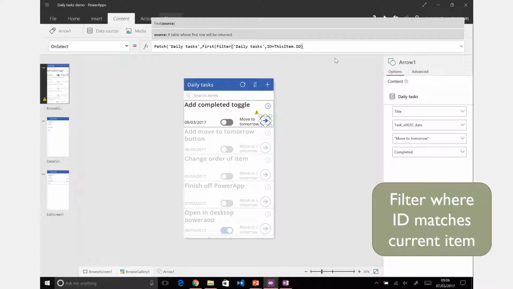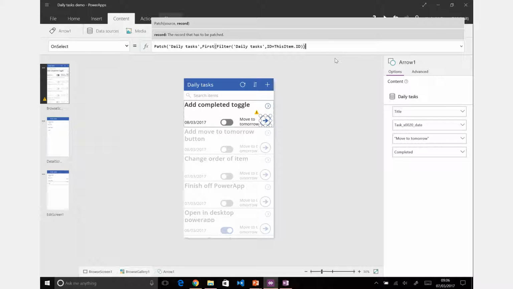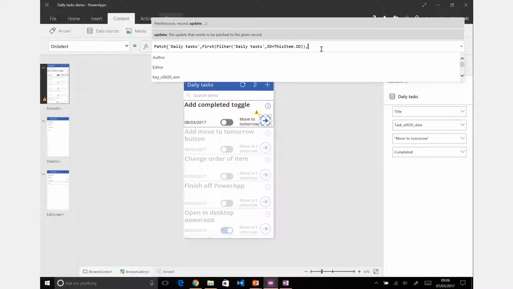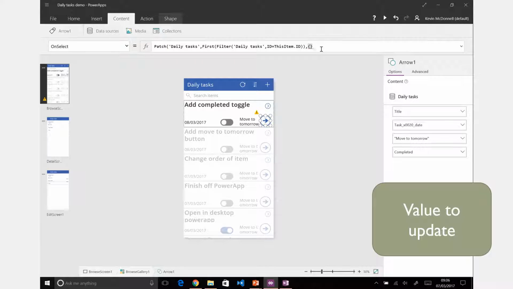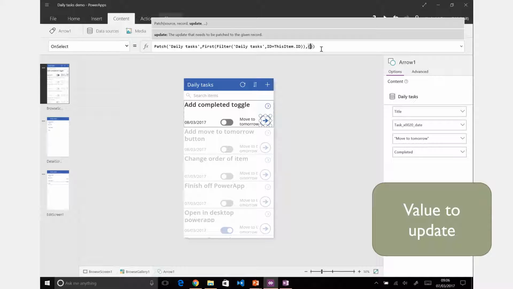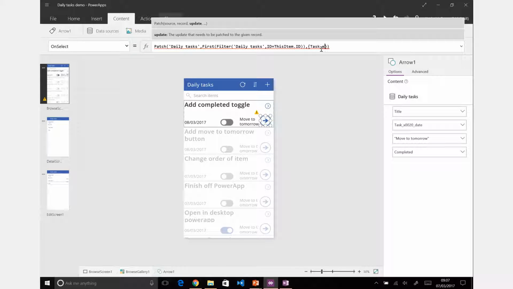.id. So the first will just make sure there's one. Obviously there's only one returned, but it makes sure it processes it as a single value. And then it just matches from that filter to match on the ID there. And then the final one that we need to put is what are we going to update there. We put that in some curly brackets. And we're going to set the task date, which is task